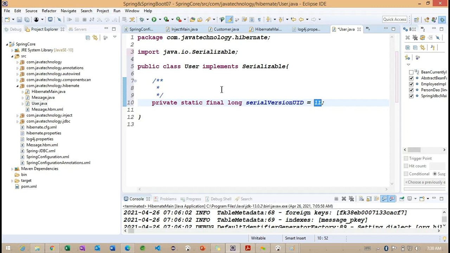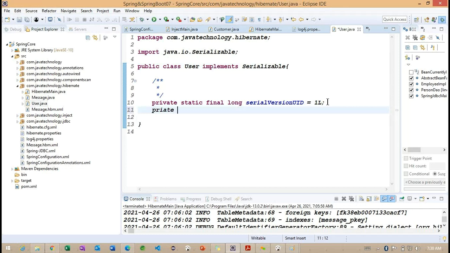So when we work with XML or JSON, easily using this ID, we can understand this object information. Because of this, we need to implement Serializable. Right, so make sure Hibernate is not expecting this Serializable concept.